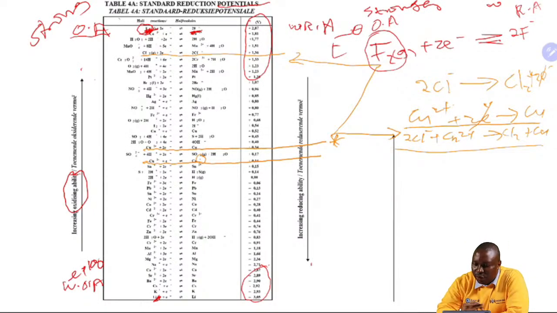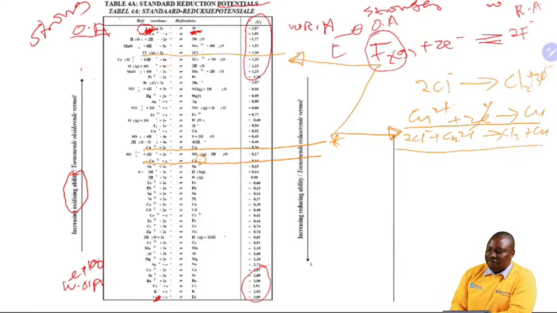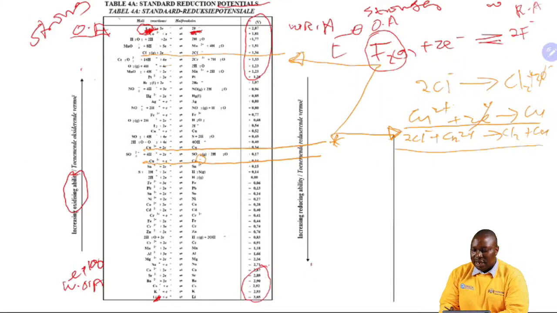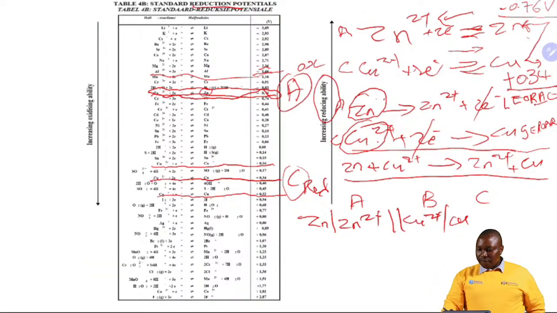So immediately when you are given the copper chloride solution, just go to table 4A, and then you are saying the first reaction will be reversed, the second one will go forward. Already you got your marks. Remember, for the half reactions, I say when you copy these reactions, you copy them with 1 arrow all the time, so you don't have a problem with that. So these are marks that you will collect by simply following that,